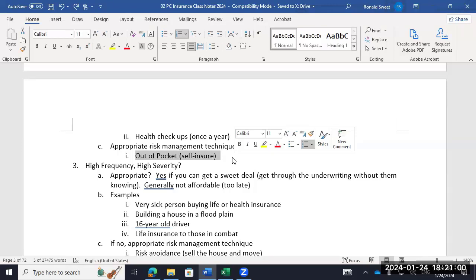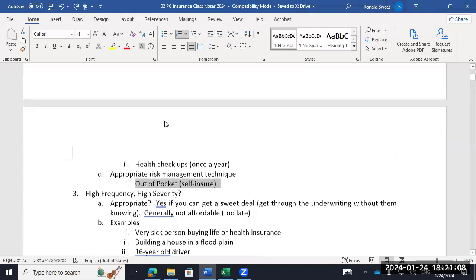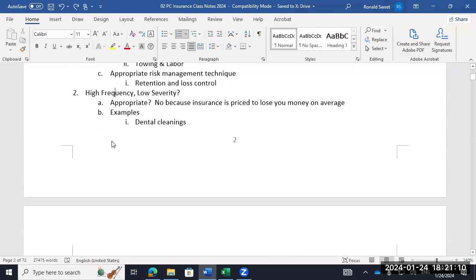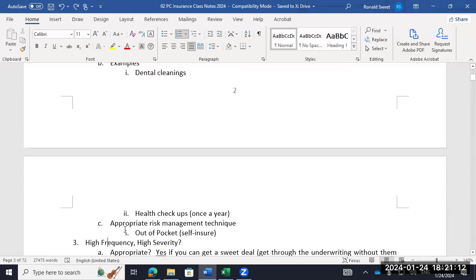Yeah, that's maybe our last example. We haven't gotten to it yet. We have 4 options, right? Low frequency, high frequency, low severity, high severity. So what have we gotten to so far? We've done high frequency and low severity. So for things that happen all the time, you don't want to use insurance because it's just a lot of costs.